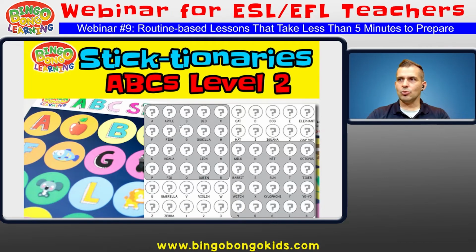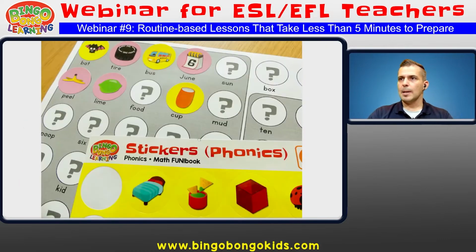So then level 2 would be the uppercase spellings, and then the letter. They have to put the A on the A and the apple on the apple. This card is not randomized, although the rest of them in the pack are. And then we would do lowercase, or even a more advanced challenge if you wanted that. Then when you go to